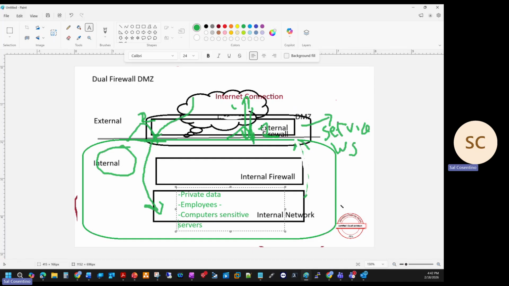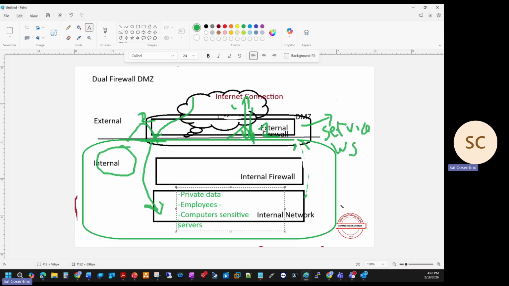Segmented means that each area is separated and protected, making it much harder for attackers to move around if one part is compromised. So if your external is compromised, it won't move, because of the two separate gates created within this dual firewall DMZ, right? From a network perspective, the company keeps its sensitive data safer that way. And the trade-off here is, hey,